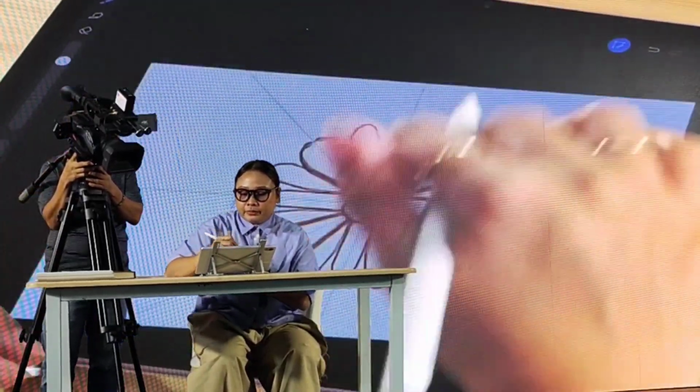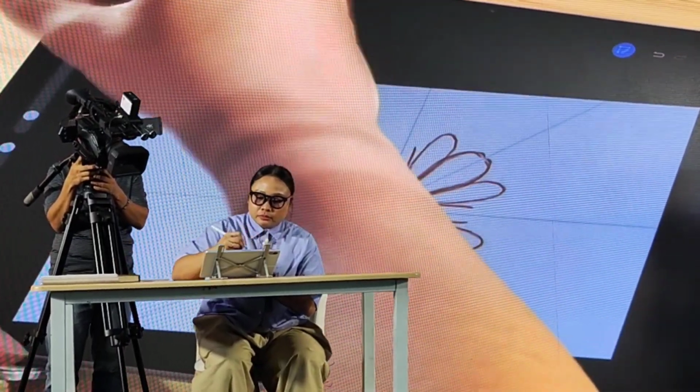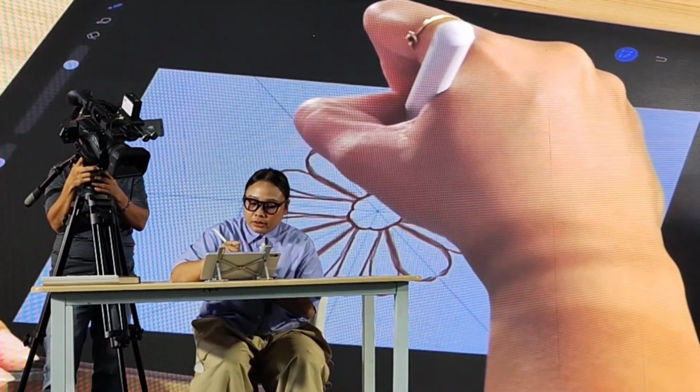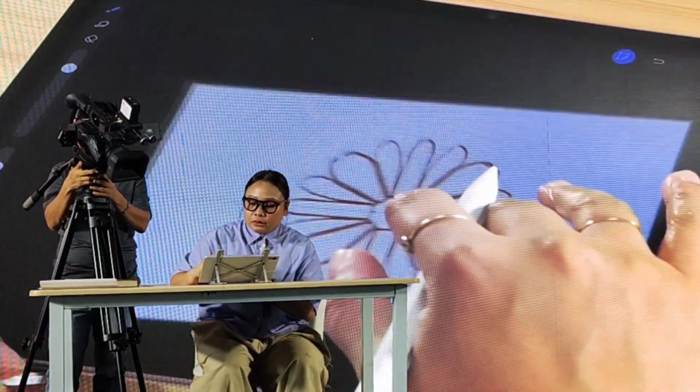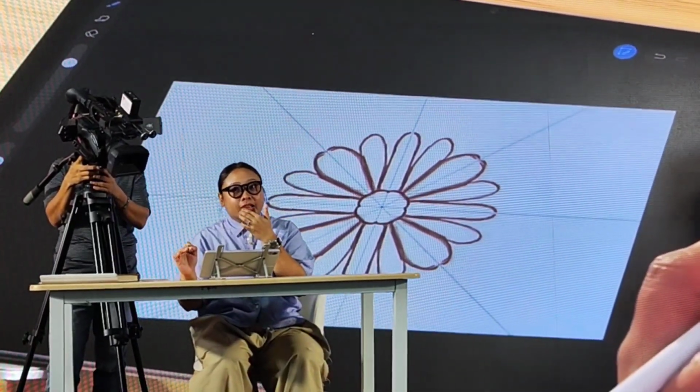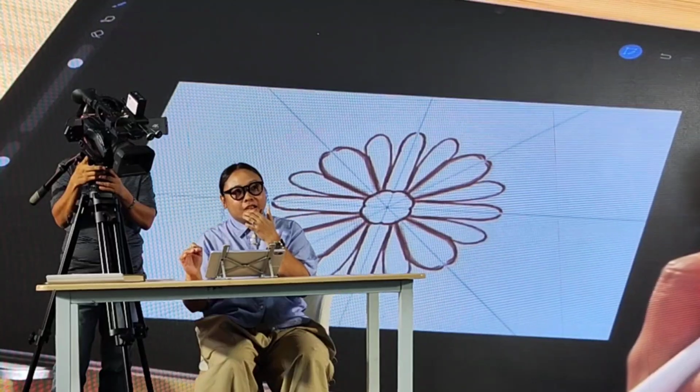So it's one way to create a flower. And it's easier, especially if you don't have any background in illustration.